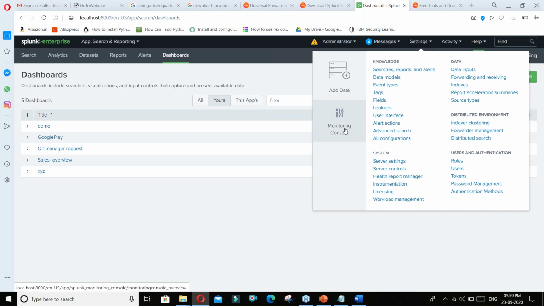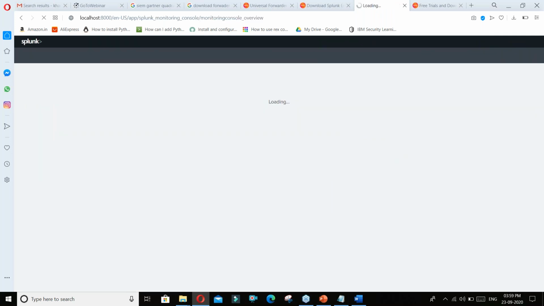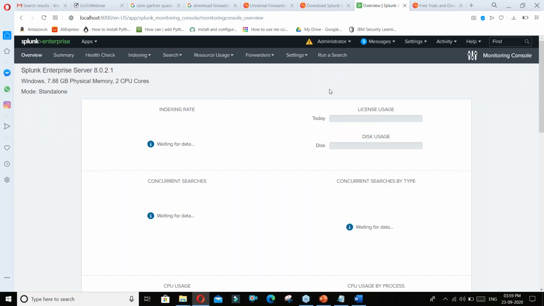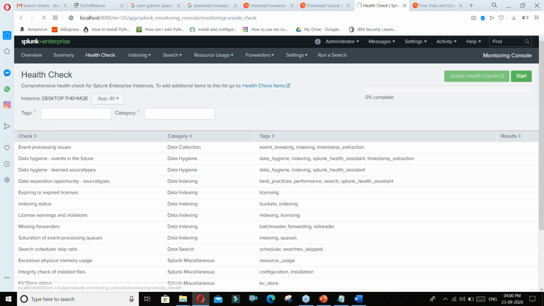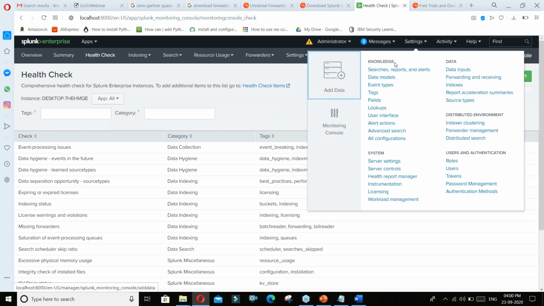And let me just show you one thing also. It's possible. So we are monitoring other devices with the help of Splunk. I already told you that the firewall is sending logs, multiple devices are sending logs. How do we monitor our Splunk instance, whether its health is okay, whether everything is okay or not?